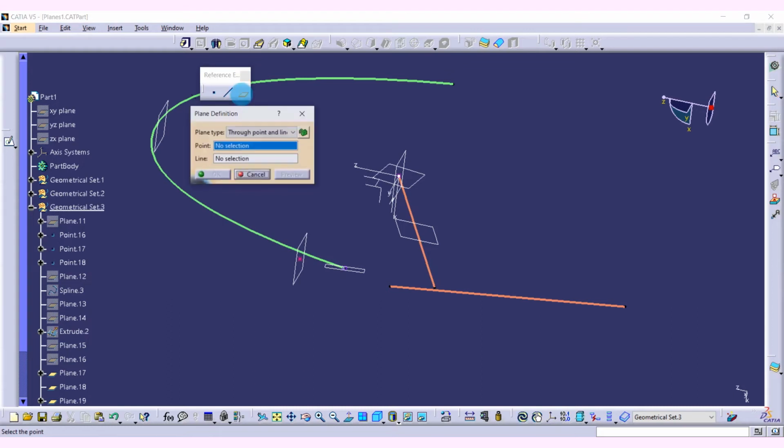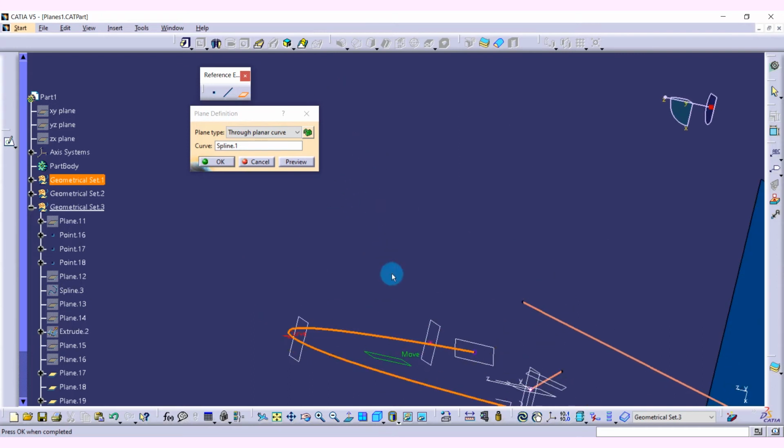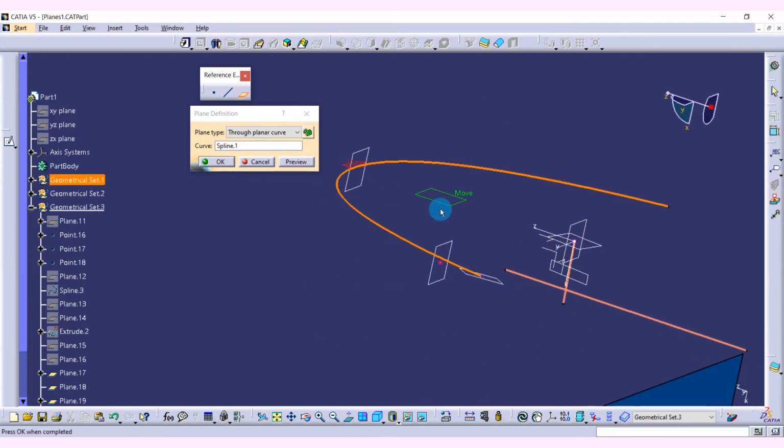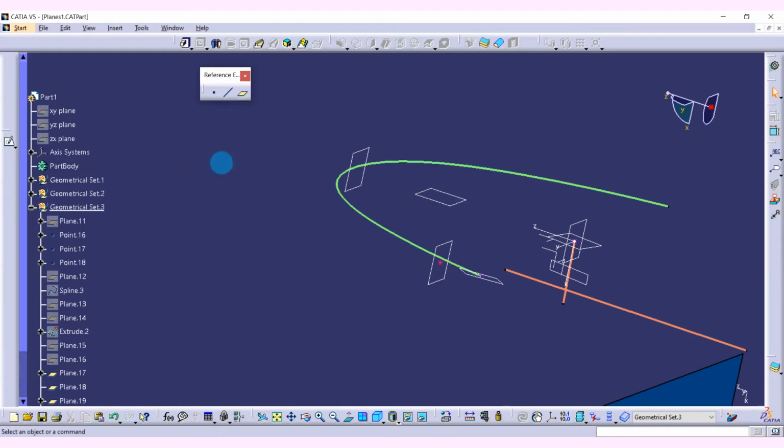Now plane through planar curve. Let's select the planar curve. In this case we have the curve already created, and the result comes here. The plane is parallel to the curve. The next option,